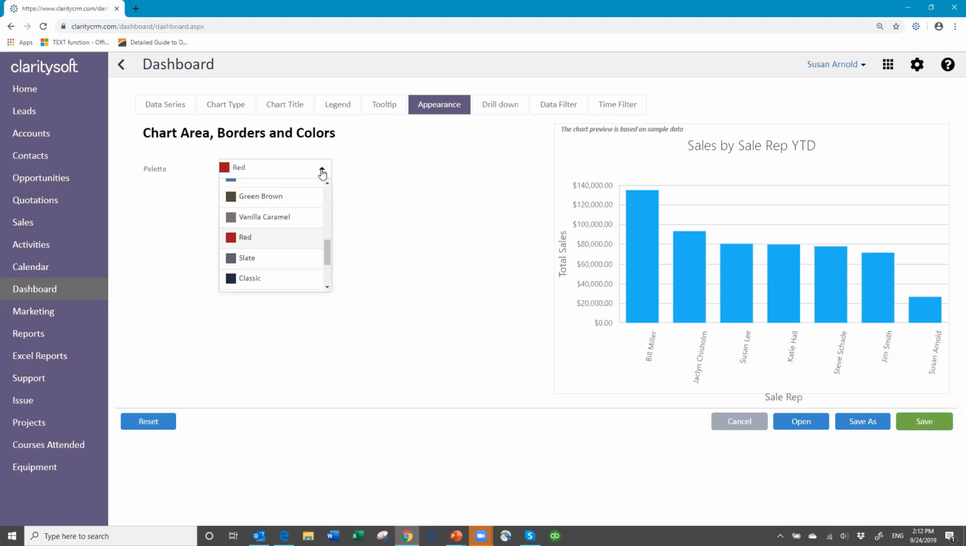So why did that not change? There, that one changed. So you can pick a color that suits your fancy for the day. Okay. Drill down. What this means